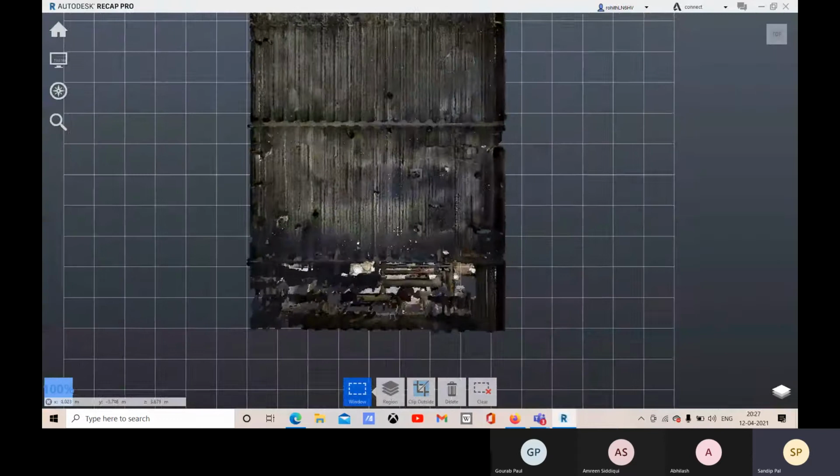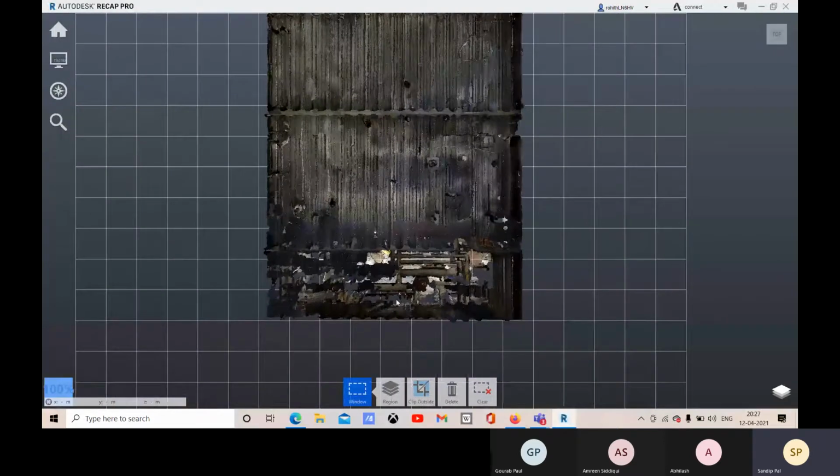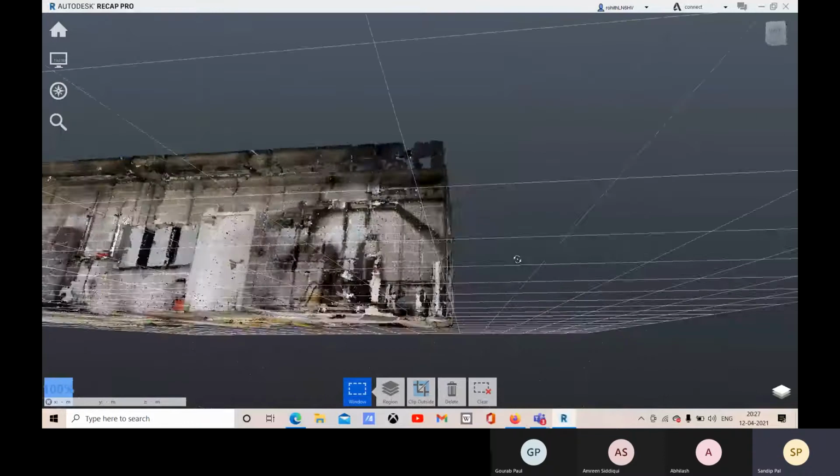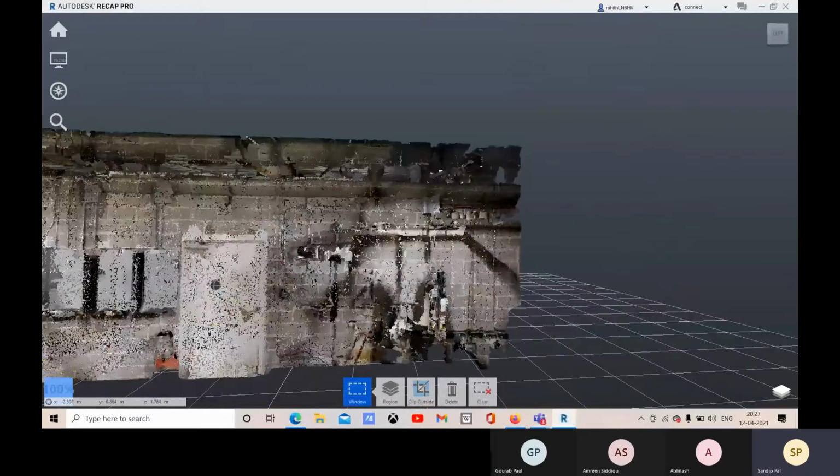Can you see some points covering the whole surface? So you got all the points. So this is your point cloud.